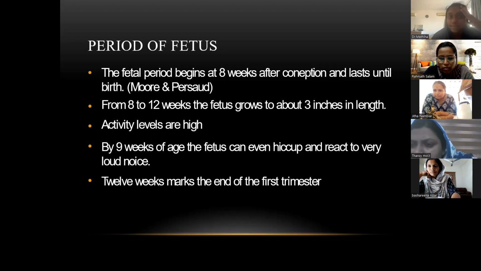And at this age, after being a fetus, the activity levels are very high. That means earlier it is immobile, they won't move much. By 9th week and all, the fetus can hiccup. And even they can